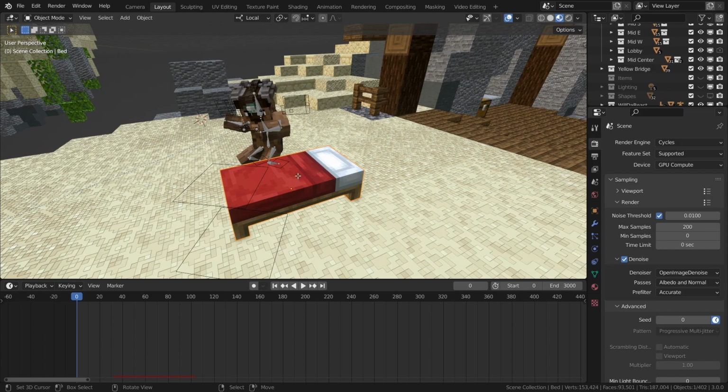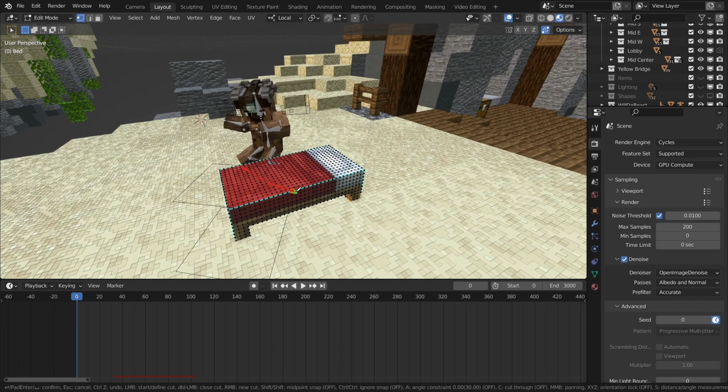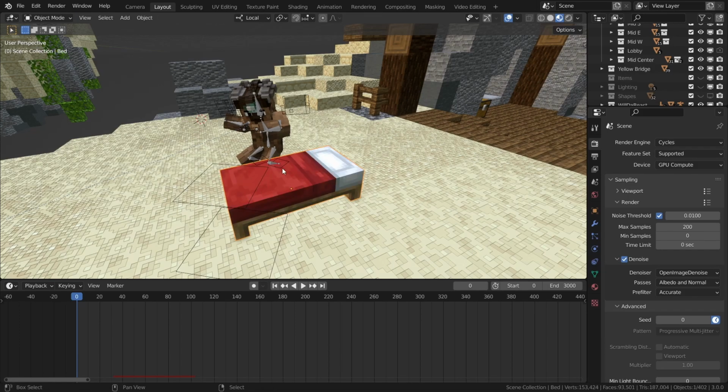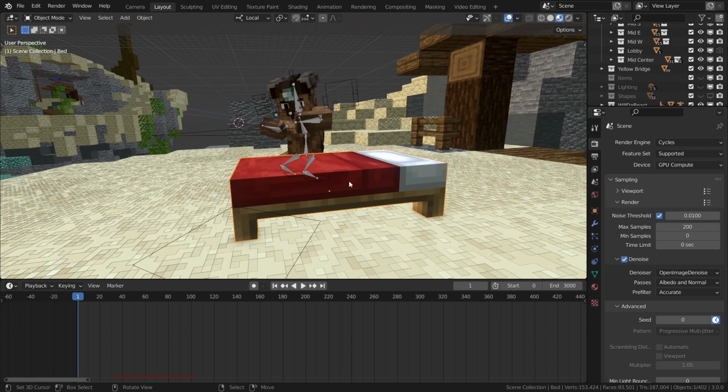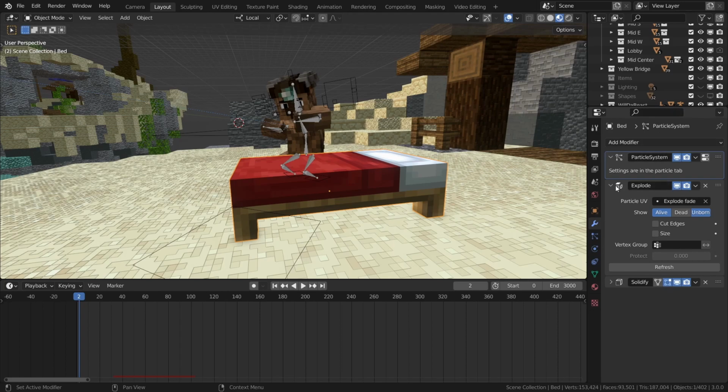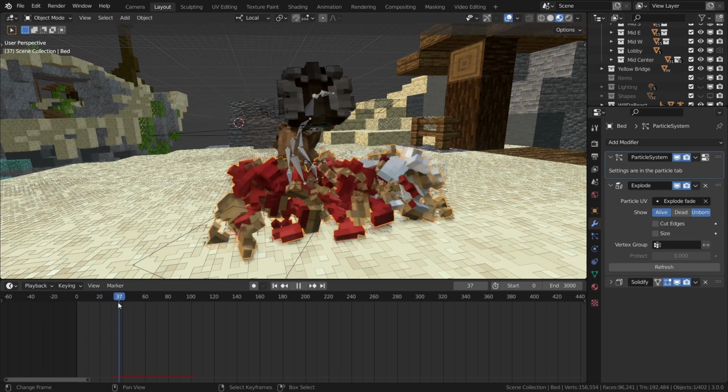What if I go into edit mode right here and take the knife tool and drag it across and try and cut up the bed? I thought that also probably wouldn't be the best way to do it. So what I did here is, if we go over here on the side with all the settings, this panel right here, these are modifiers. There is actually such a thing as an explode modifier, which